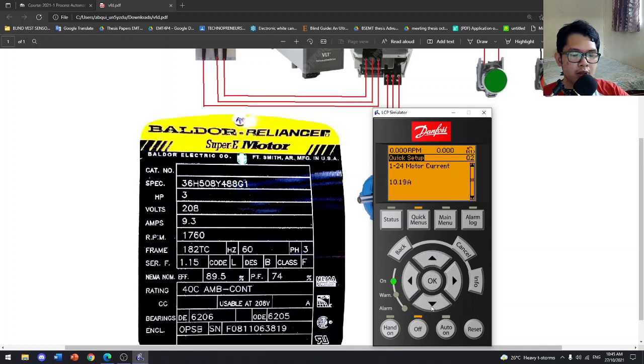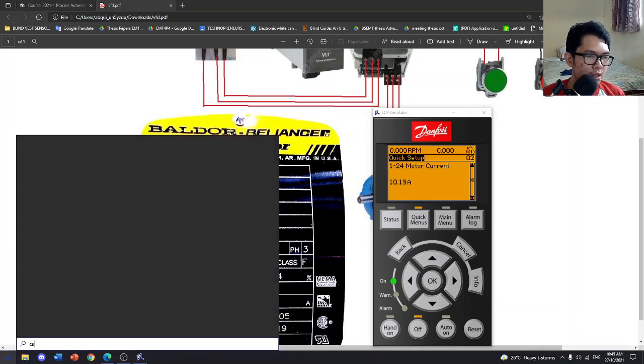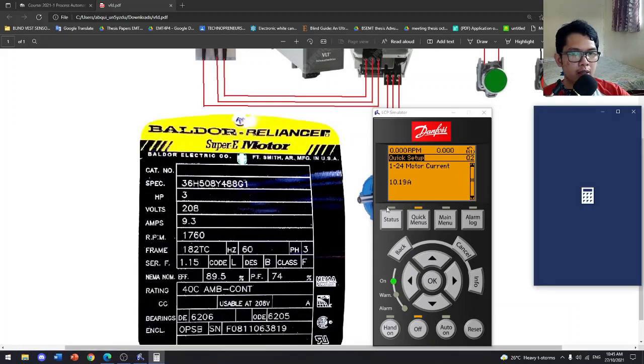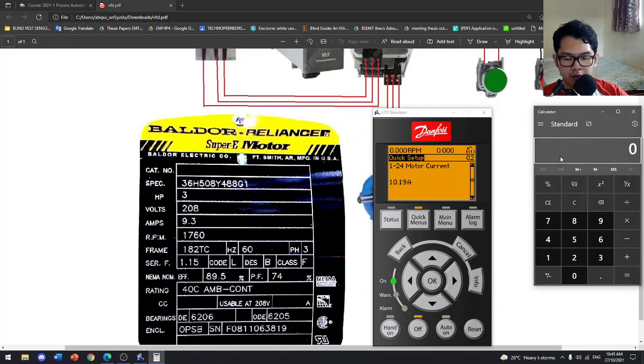Next, motor current. So in order to get the motor current, you must first multiply the 9.3, which is the amps, times 1.15, which is our service factor. So let's use some calculator. Okay, so 9.3 times 1.15 is equal to 10.69 or 10.70.